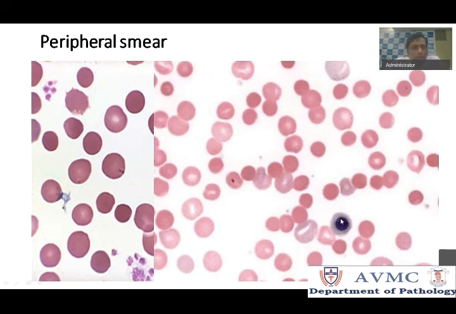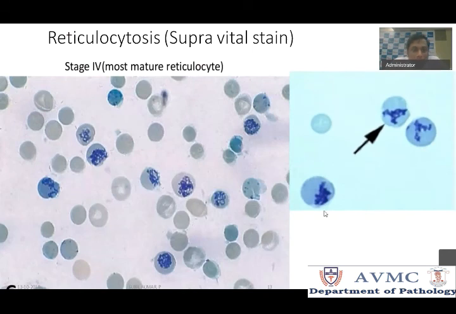So some of the findings. This is a case where you find a lot of microspherocytes, you find a lot of polychromatophils, and you are finding nucleated RBCs. The diagnosis is, yeah, so if you want to confirm what you found as polychromatophils or reticulocytes, just do a reticulocyte stain.